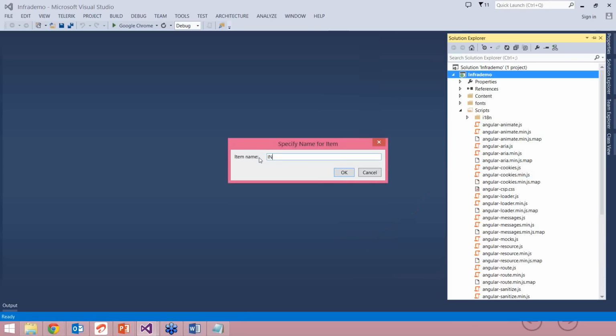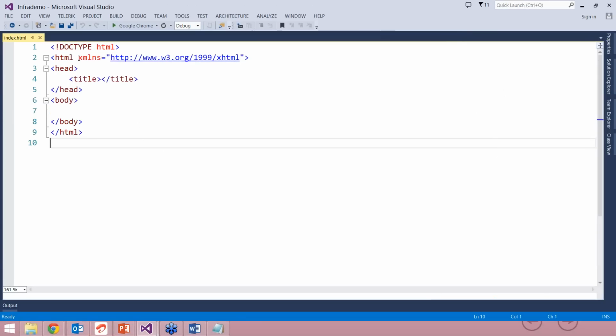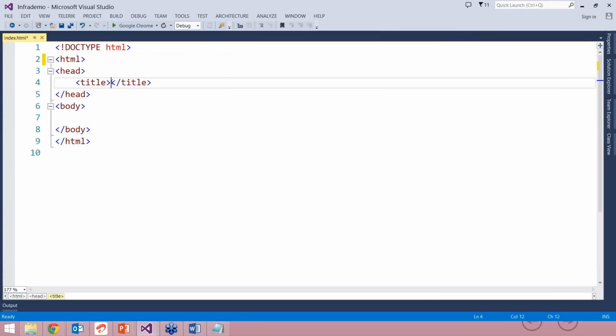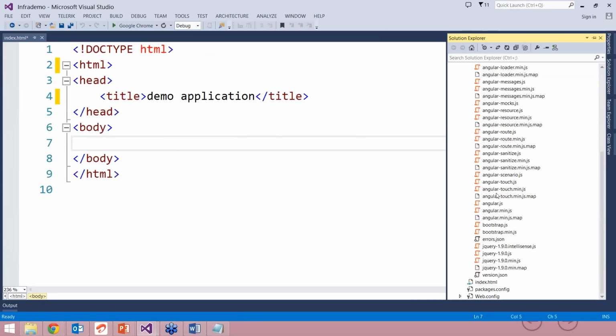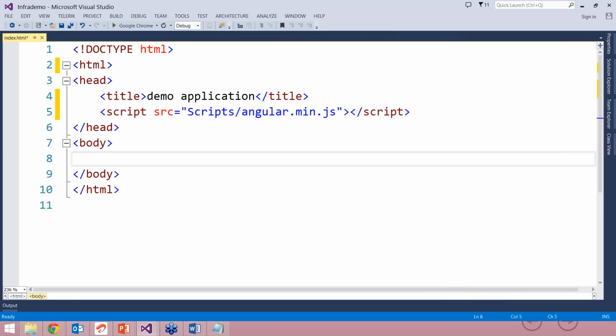And I'm giving that name as index. Okay, and on this HTML page, as you see, we can call it demo application. And now to work with AngularJS, we need to have a reference of the AngularJS library, and that can be done by dragging and dropping angular.min.js over here. So here I have added a dependency of the AngularJS min file, and then to make it more immersive, I